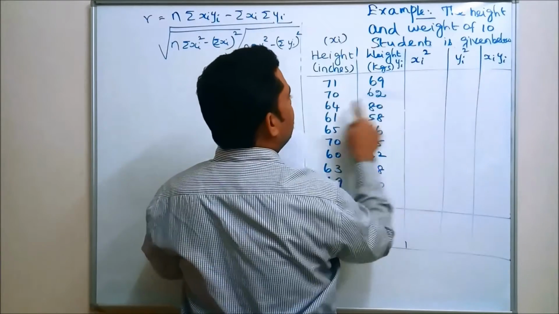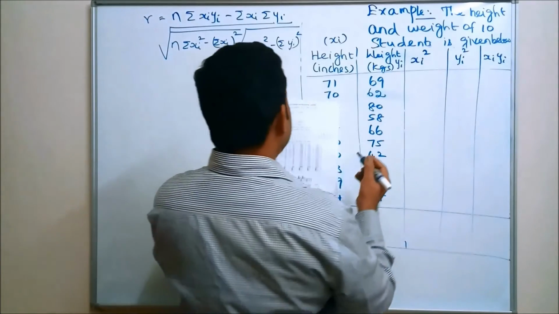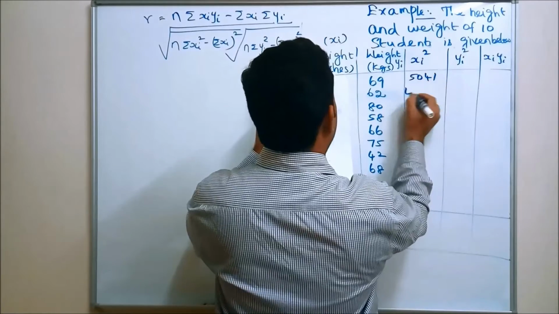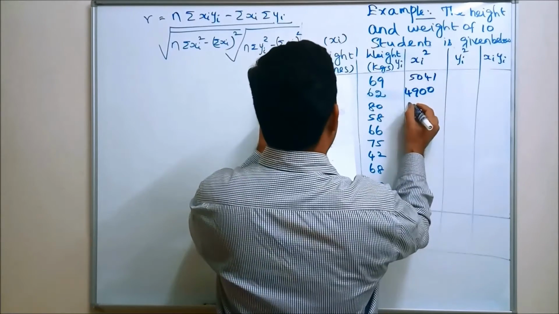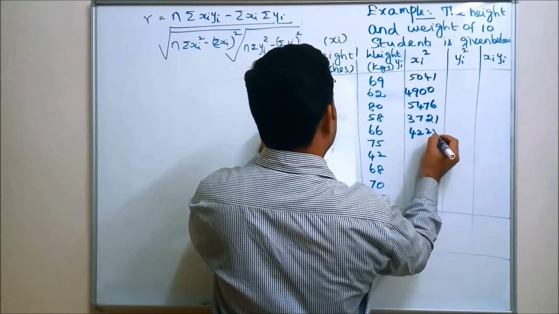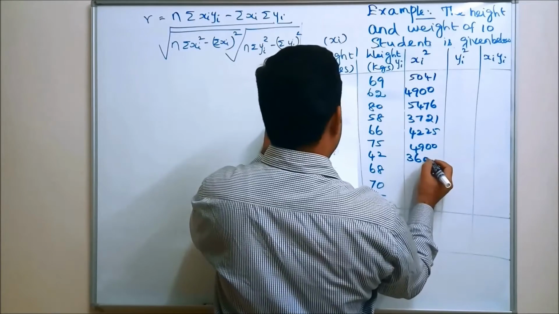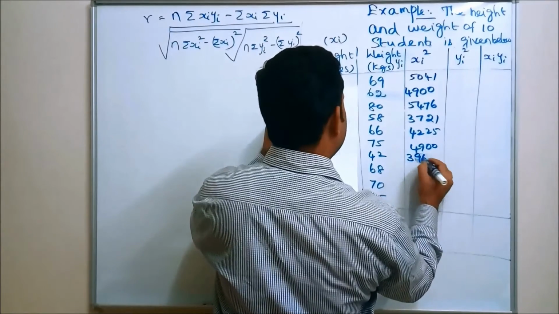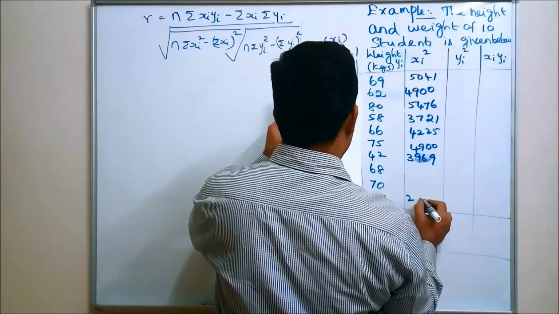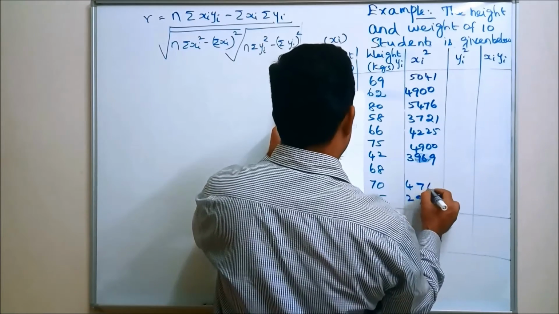This is 71 into 69, 70 into 62, 64 into 80, like that. So let me write the values: 50414900, 5476372142254900, 3969, 29164761